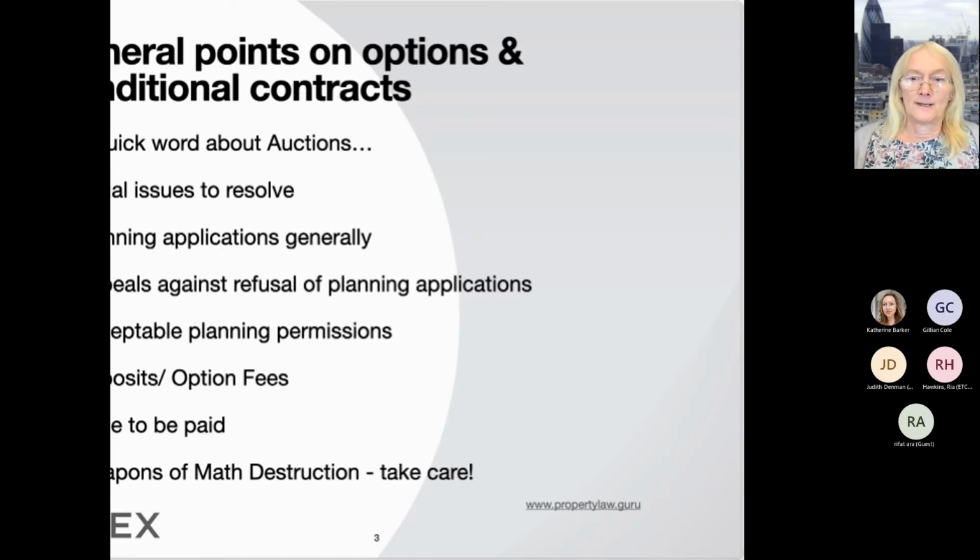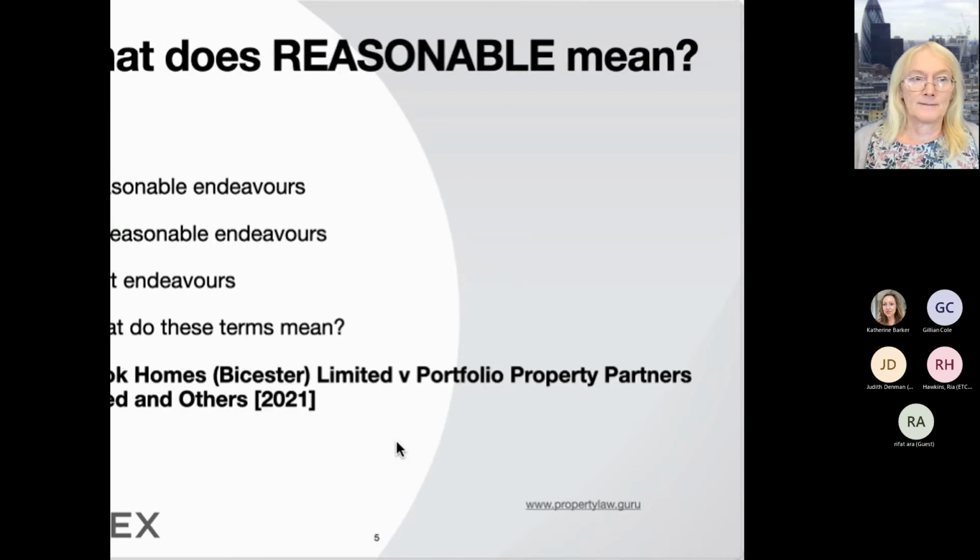And the next thing, I've already mentioned this one already, let's move the slide, is works on third-party land. Be aware that often it doesn't become apparent till partway through the planning application or the development that suddenly they need a right-of-way or a drainage easement or an infrastructure easement of some nature through next door's land. And of course, if it turns out that the seller owns next door's land, they can say, oh, what a shame. I can ransom you now. You've just bought the land off me, but I can have 25% as a ransom value.